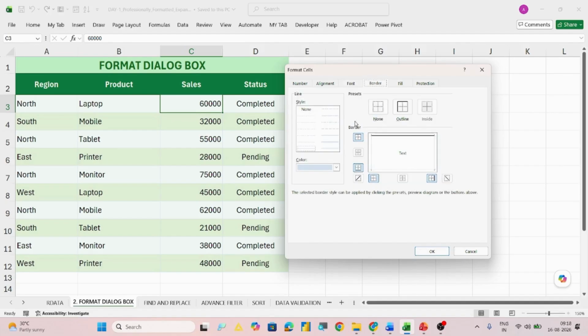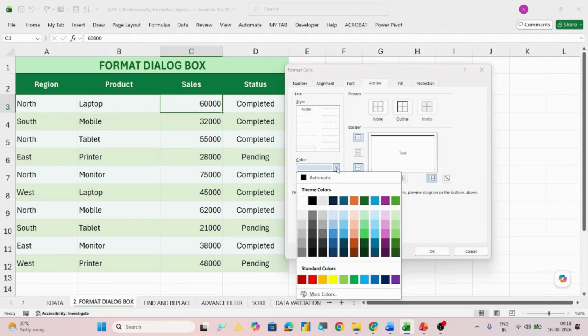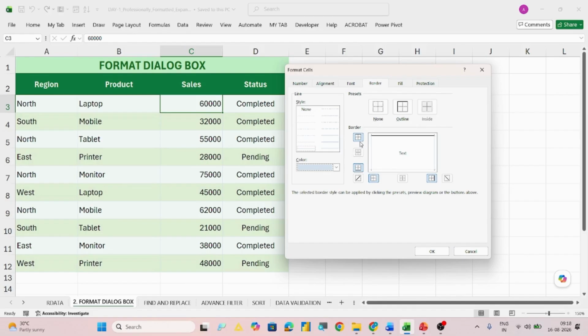Similarly, border. If you want to give a border, then you can change the border color, then border lines. These are the formats which are given over here. Then if you want this, you can choose like this also. And if you want the inside border only, you can choose like this. So there are so many ways to choose the border. If you choose the color, you see this is the black color border, or with big hashes. This is small, big. In this way, dotted lines or double lines, you can change and you can have a border also.